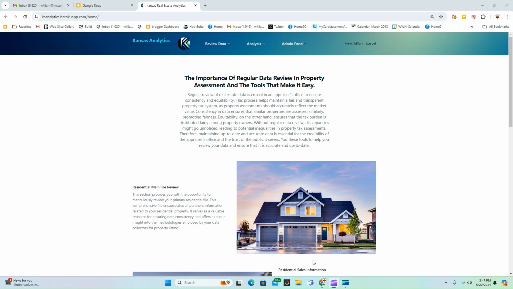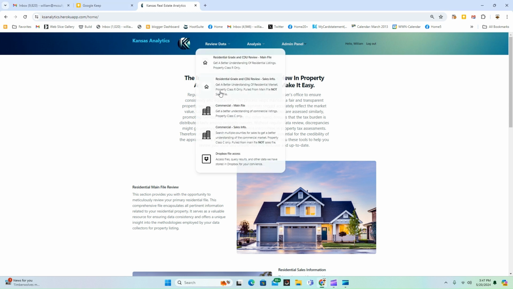Today, we're going to show you how to use Kansas Analytics to improve the consistency of specific data. This can be done for residential properties as well as commercial. And today, we're going to use an example of some commercial properties. We'll use convenience stores. So in this county, we'll go into our review data and go in our commercial main